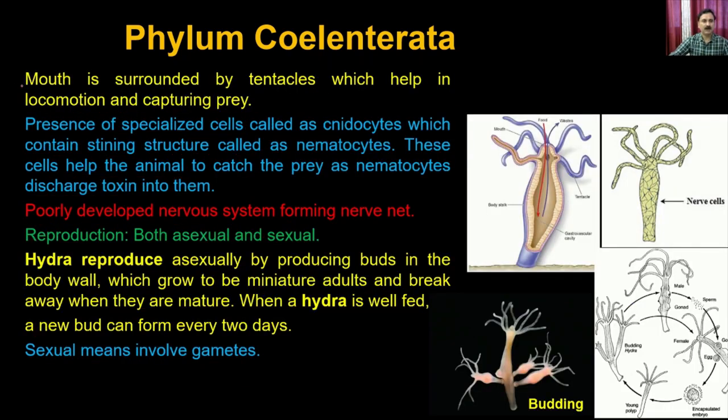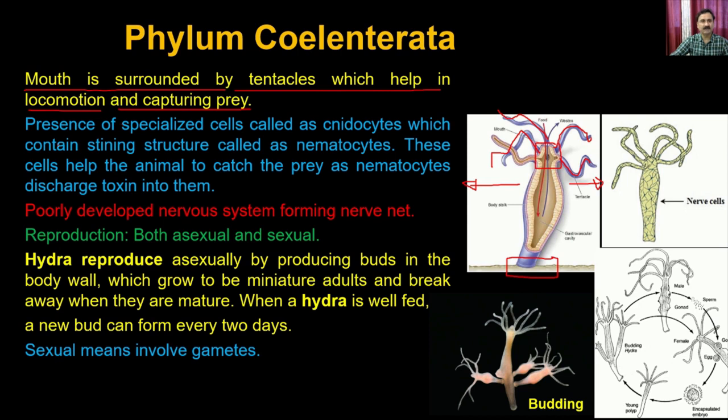The mouth, for example, this is a hydra, right? So the mouth is at the top portion, right? And the mouth is surrounded by tentacles, which help in locomotion as well as capturing the prey. So these are the tentacles which are used for two purposes. They generate the current, and that's how the hydra can move even though it is attached to a surface. It can swim in this direction in a swinging motion, and that's how it can reach different types of prey and capture the prey with the help of